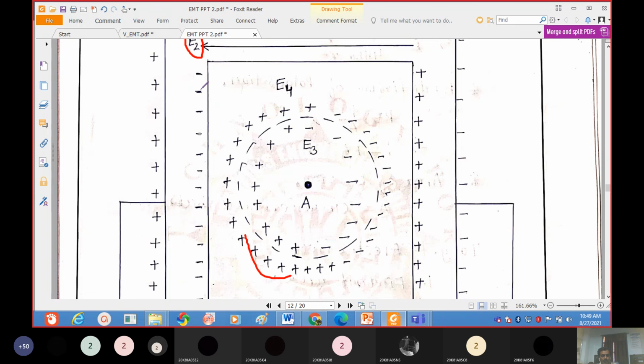Now on the surface of the material, negative charge is accumulated. Due to that negative charge, on that spherical surface, positive charge is accumulated. Similarly,